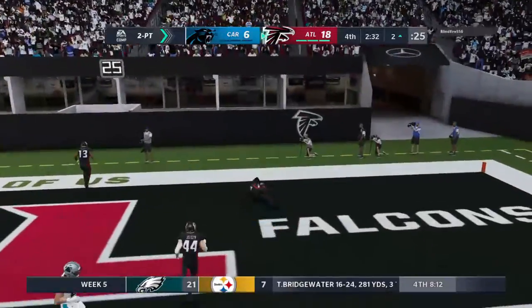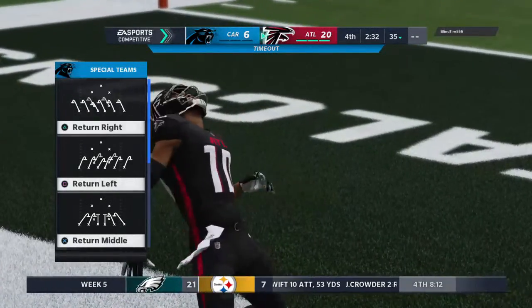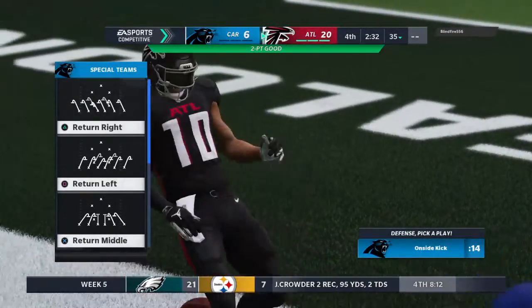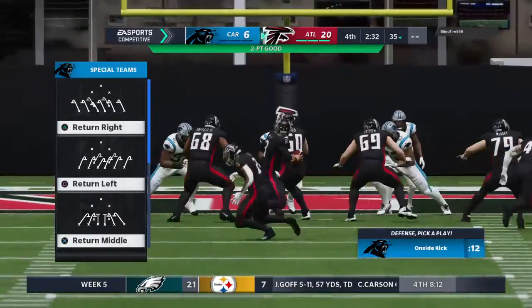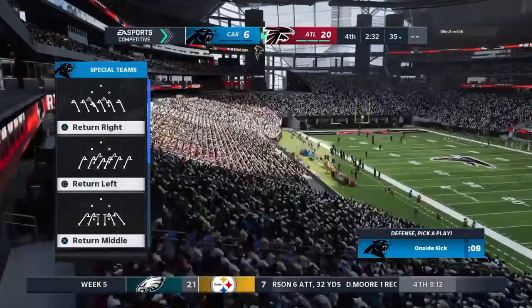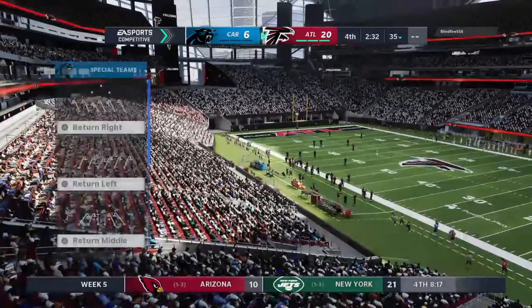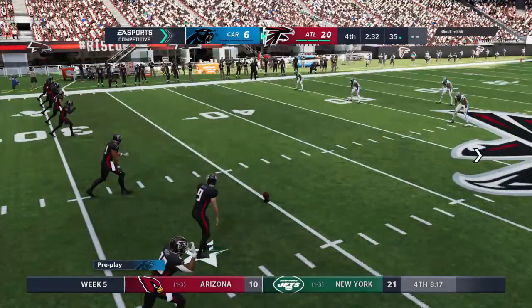After the interception, here's Wilson. And this one's caught. And their fourth quarter lead grows by a couple more. Falcons 20, Panthers 6. Justin Tucker set to